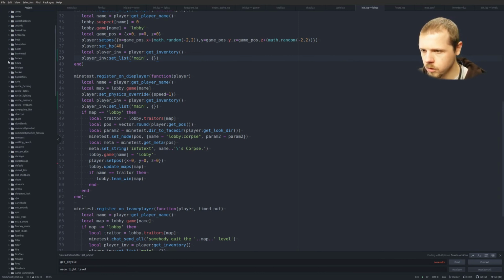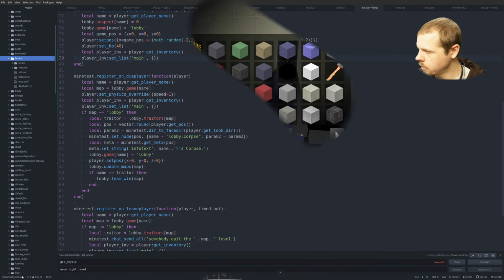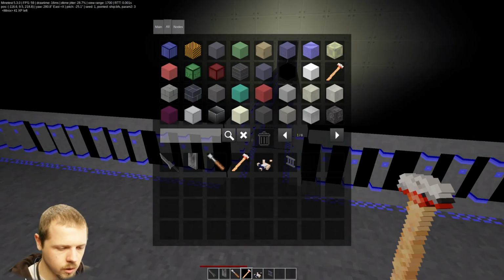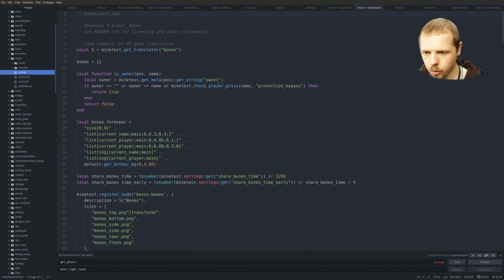Well, let's just see what bones do. Bones. Oh, you know what? They could actually just kick me at any point if they wanted. And then they wouldn't have to do it that way. But whatever, that's fine. Okay, so bones...